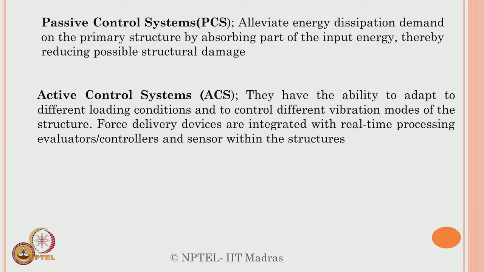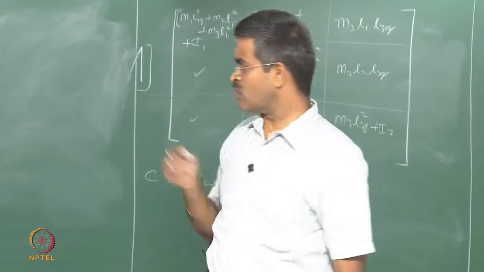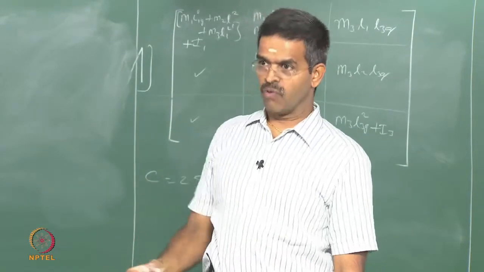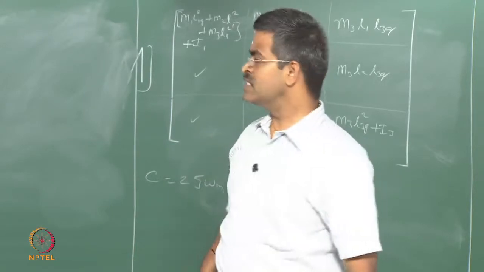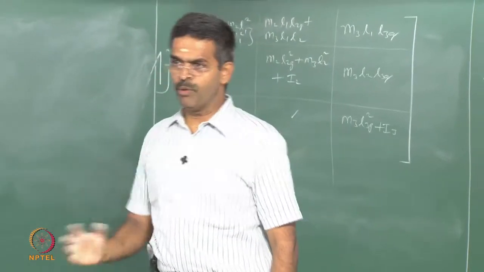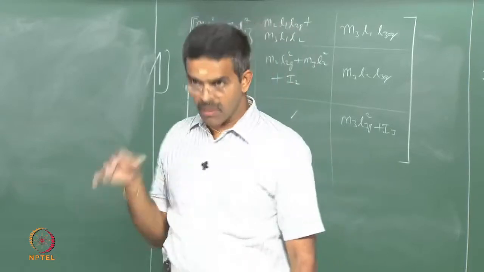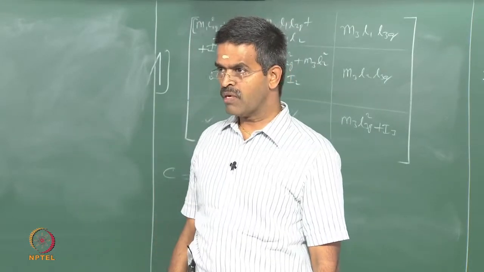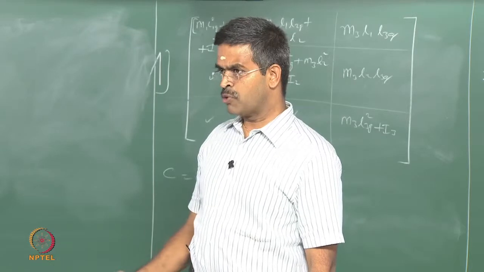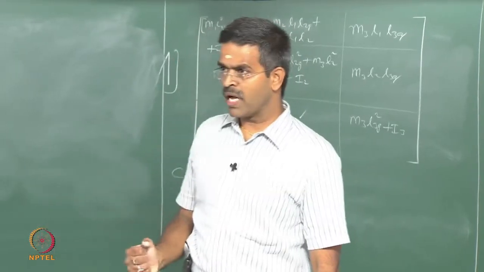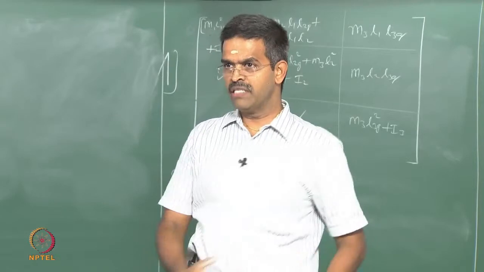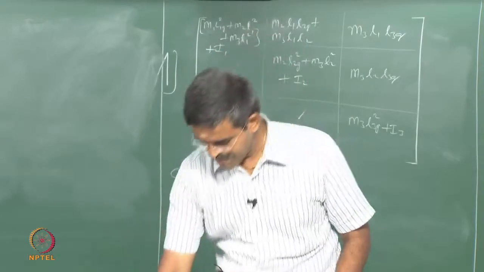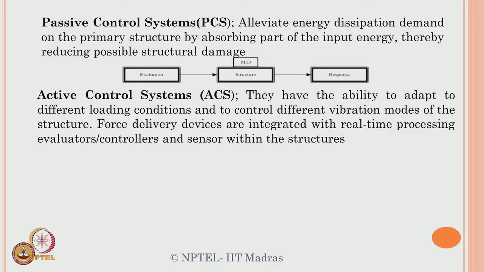Active control is where you have to give a control mechanism to the system, and the control mechanism also receives external forces. Passive control does not demand an external input to the system, whereas active control does. For example, if I want to push a larger mass, I have to pull the mass back by an external supply, which again needs a tremendous amount of energy, right. So, you need an excitation force, you have a structure, you have a response, and you have a control mechanism attached to the structure, which can be either passive or active.